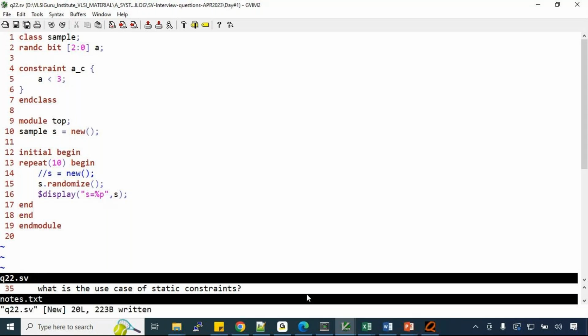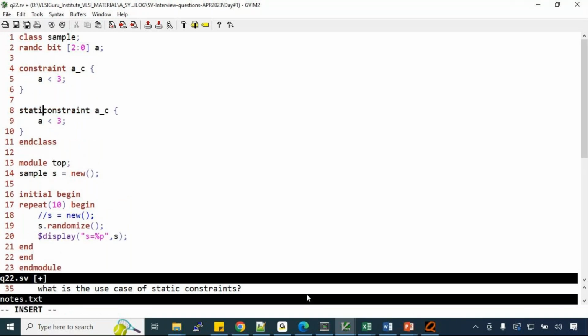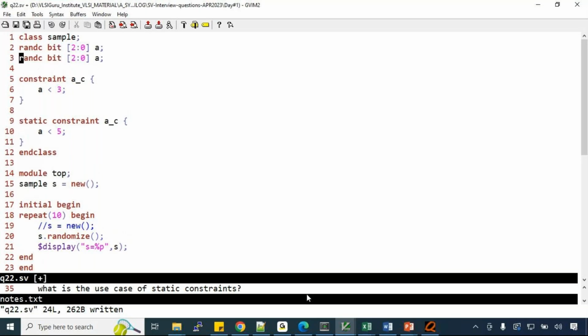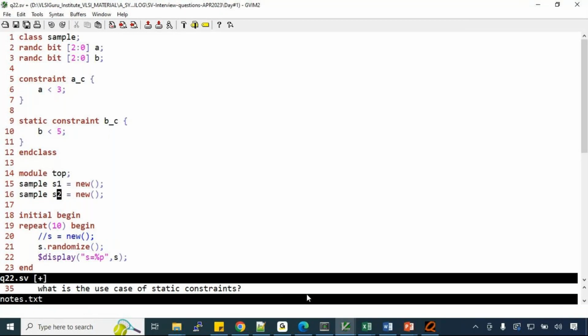I wrote one constraint. Another constraint is a static constraint: A less than B, and let's say I write one more thing for the B variable: B less than 5. So I have declared the constraint as static. Now when I instantiate sample as S1, S2, both of them will have the same common behavior for this. But when it comes here,